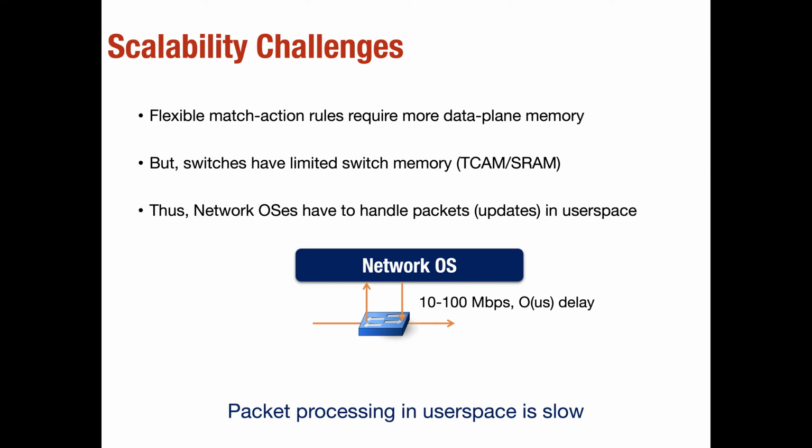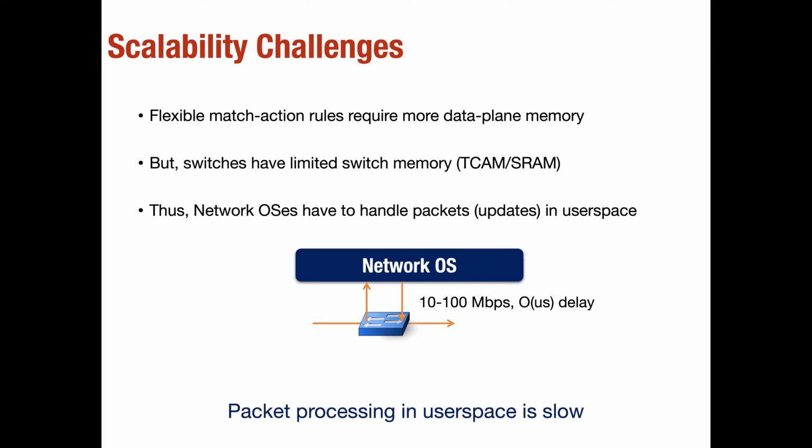The reason this happens is that switches have limited memory in terms of TCAM or SRAM, and a lot of the time the network operating system might be responsible for handling packets in user space. This is related to the quiz question we were discussing: because you can only support limited match action table entries in the data plane, when a packet comes in, you might not have a matching entry. And the default logic programmers apply is that they typically don't want to drop those packets. Technically they can, but they don't.